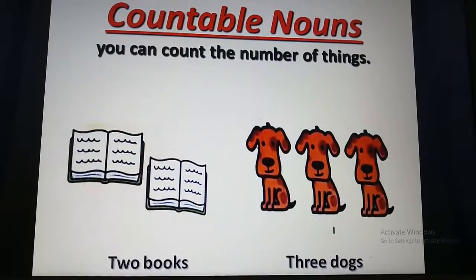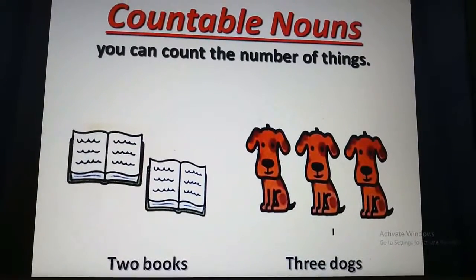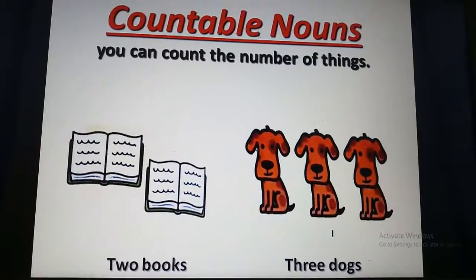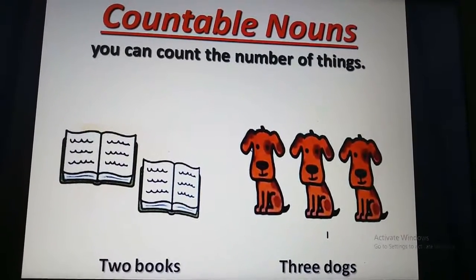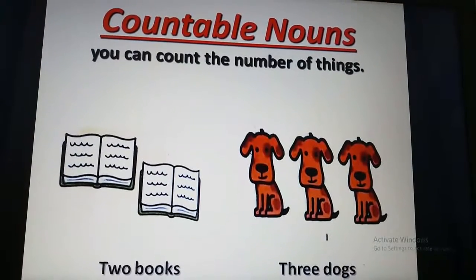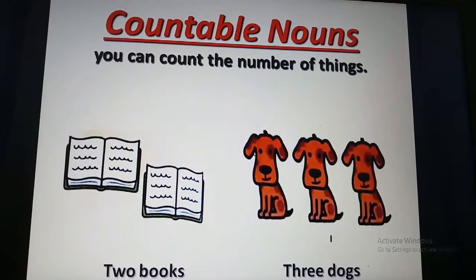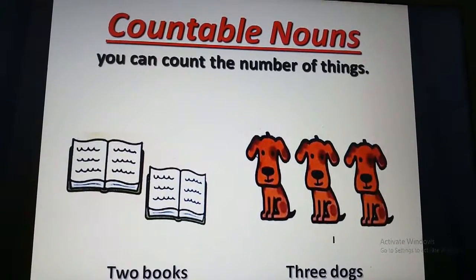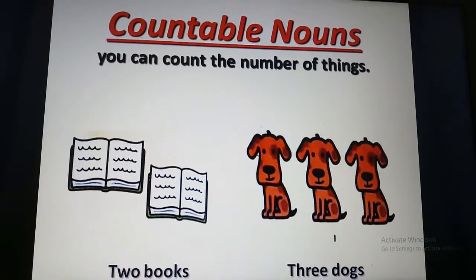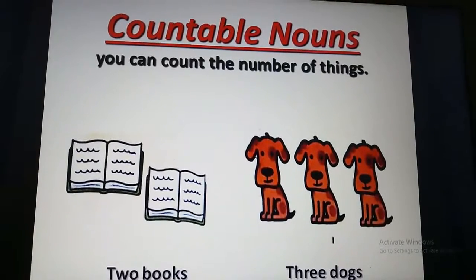How many dogs are there? 1, 2, 3. 3 dogs are there. So we can count 2 books, 3 dogs. Okay, if there are 5 apples, you can count 1, 2, 3, 4, 5 apples. So apples are countable nouns. Books are countable nouns.